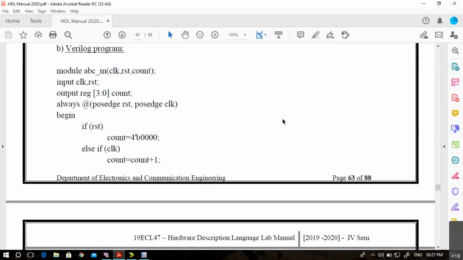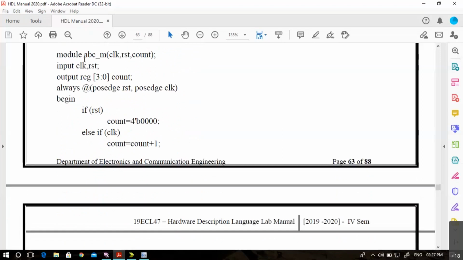Let me show you the Verilog program now. Module ABC_M, that is asynchronous binary counter, always @(posedge reset or posedge clock). Now you can compare the VHDL program with the Verilog program. VHDL is slightly more flexible there. But here in Verilog, we have to give this posedge reset.